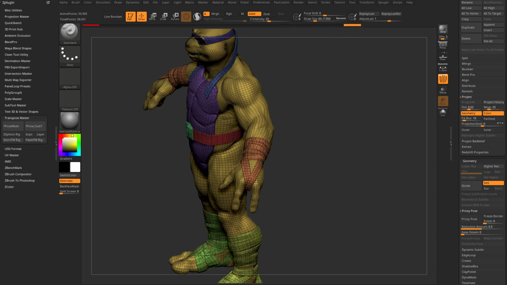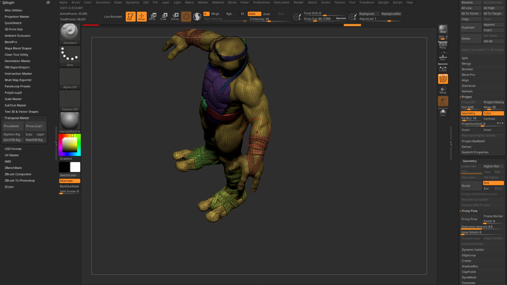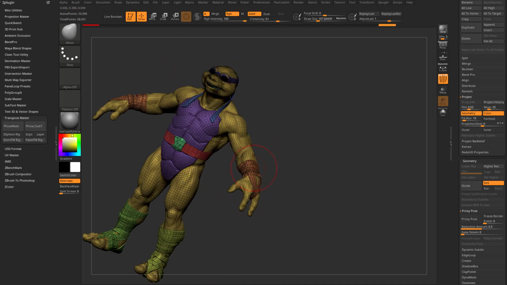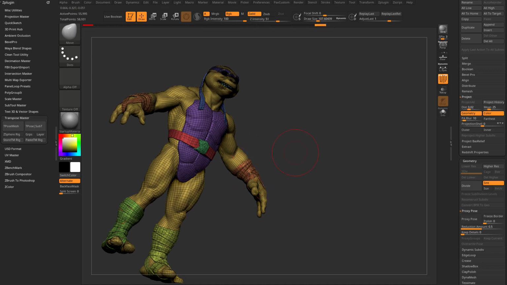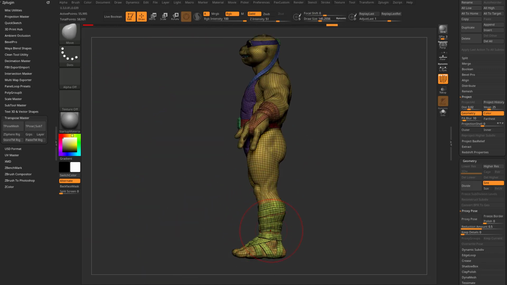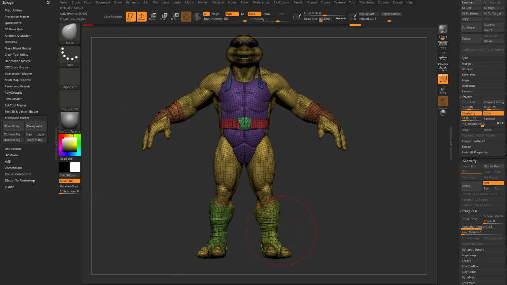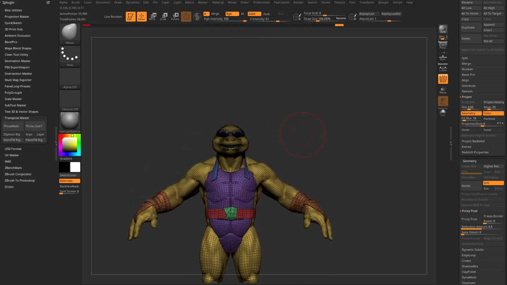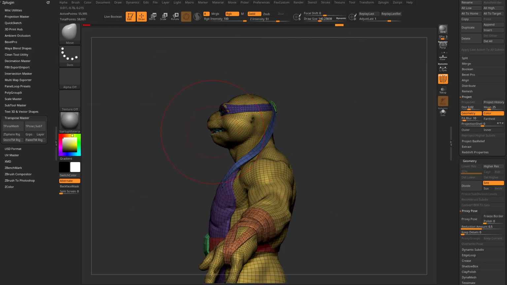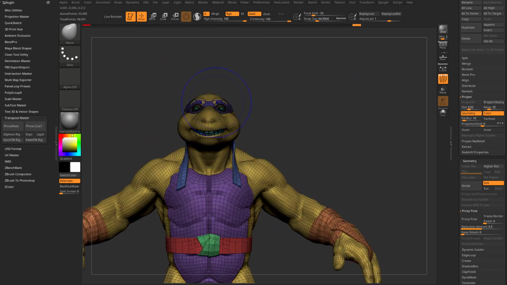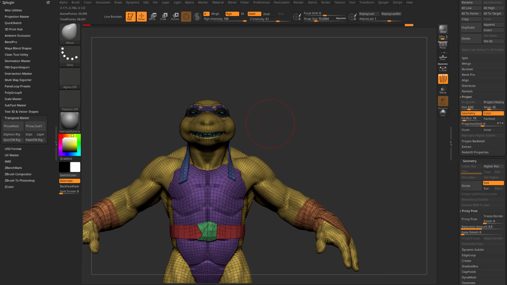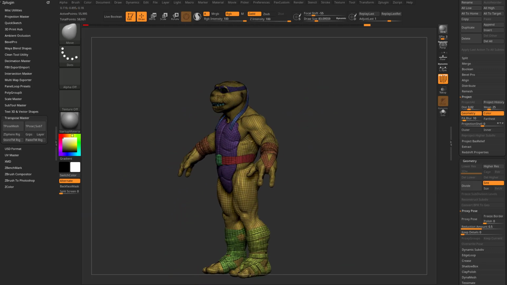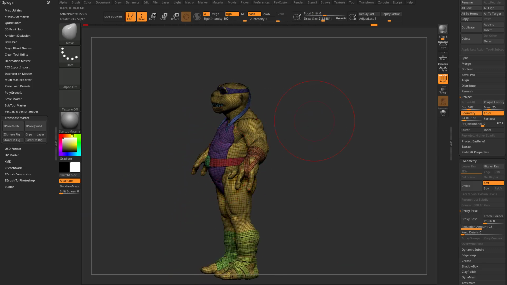But for example, if I wanted to make both of his wrists a little bigger, and I don't want to have to remove all of the subtools around it, well, just Transpose Mesh here and you can go through and make his wrists and his ankles fatter. Maybe we're doing it for a stylized reason, doing whatever you want basically. The ability to move multiple subtools at the same time at their low res, that's not even a proxy, at their subdivision level 1, and then say, okay, we've made all the changes that we want,